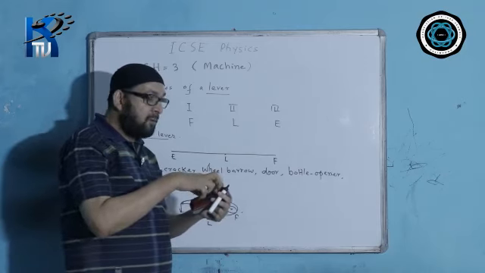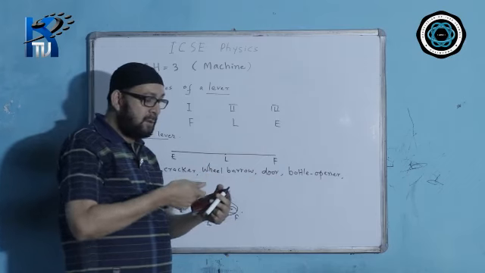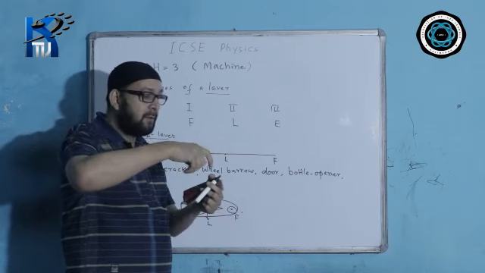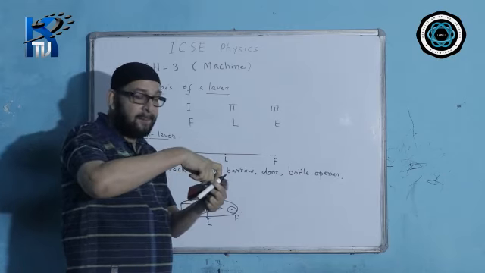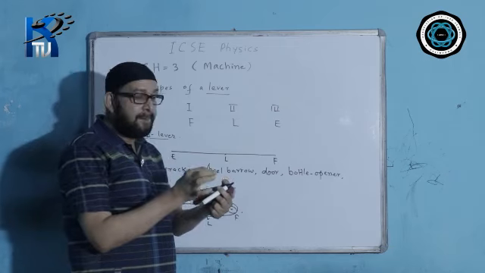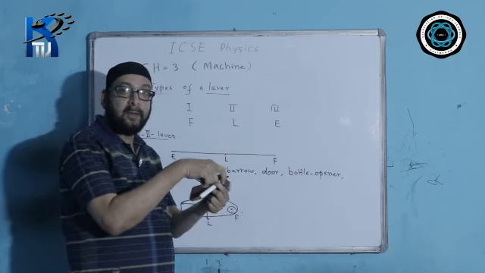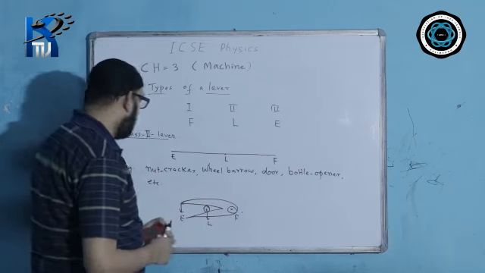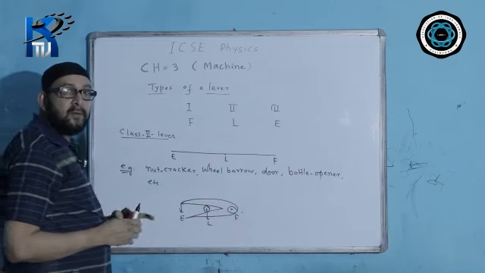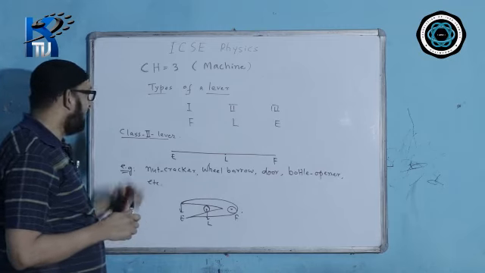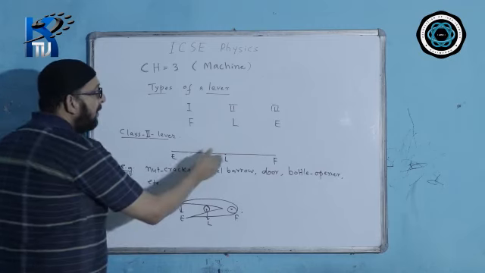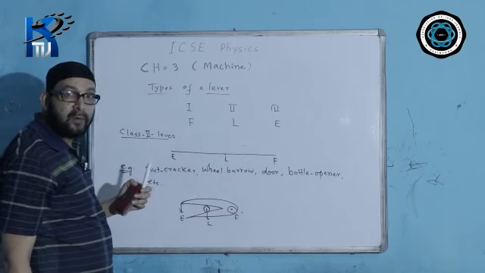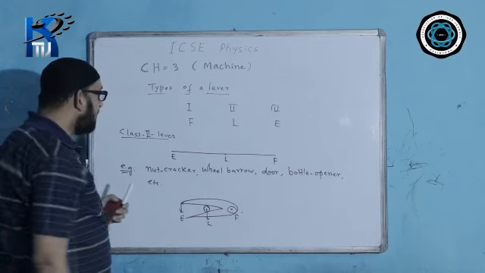Bottle openers, you all must have seen it. It has got a round tip which we clamp with the cap, and on one side we are giving the effort. The cap is the load and the fulcrum is right on the other side. From the other side we are giving effort to open it. So they all are examples of class 2 levers. Any situation they give, we think and see the position of what lies in between, that will decide which class of lever that particular thing belongs to. So this is an example of a class 2 lever.